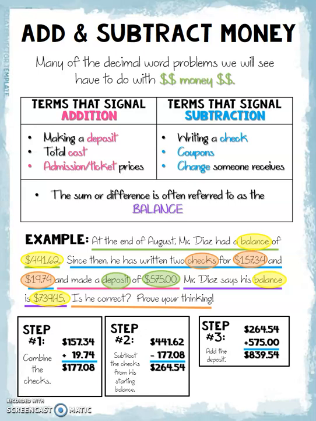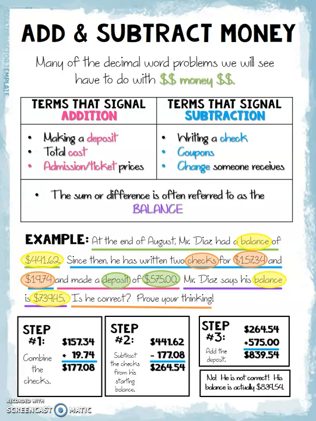Mr. Diaz thought his balance was $739.45, but it's actually $839.54. So I can say that Mr. Diaz is not correct and his balance is actually higher, which is a good thing for Mr. Diaz. So hopefully this gives you a little more background of some of the financial or the money vocabulary that